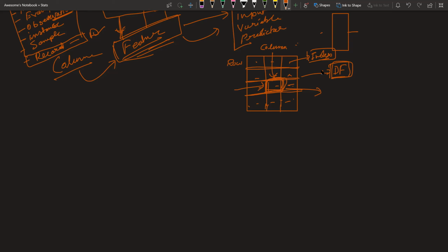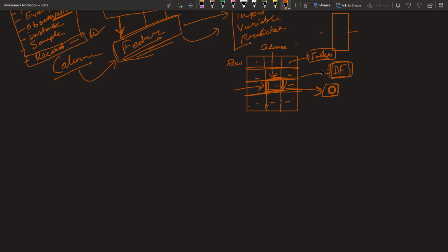How do I reach that cell address? The particular address I am referring to here is column 2 and index 0. Always remember index starts with 0, guys. This is a very good pointer to keep in mind. Most of the time, there are also exceptions, and as we go further I will highlight where exactly it will start with 1. But always remember, if it is a list or a loop, it always starts with 0.